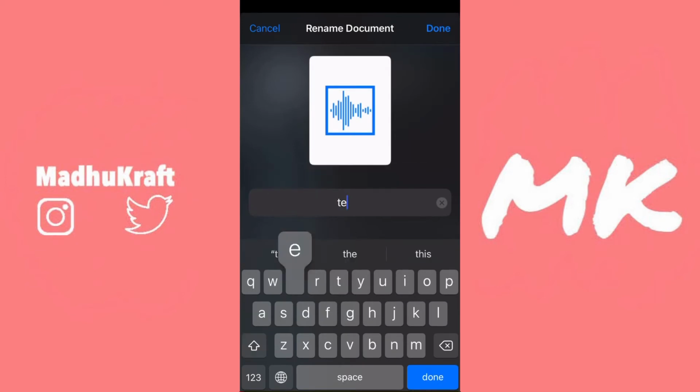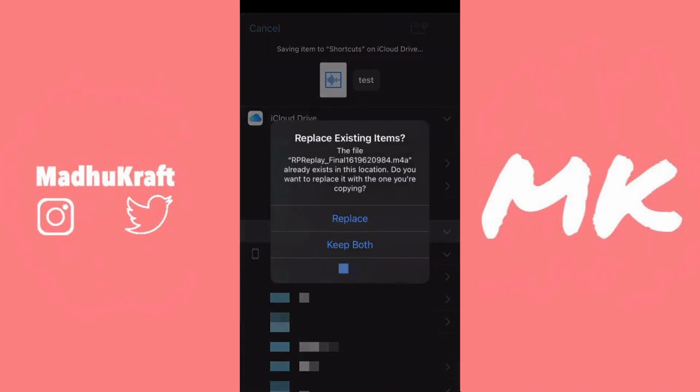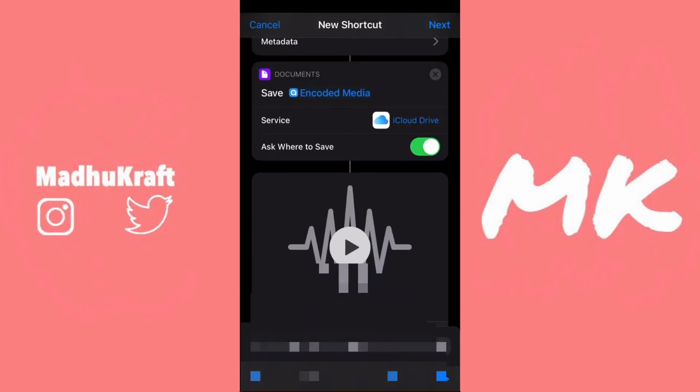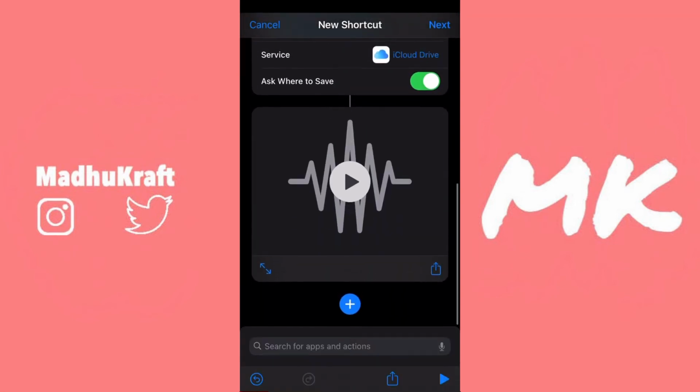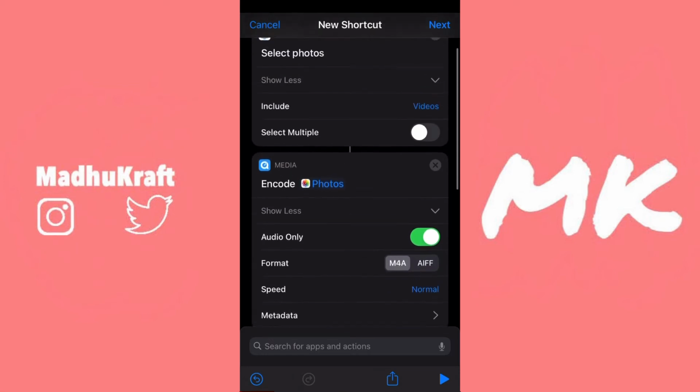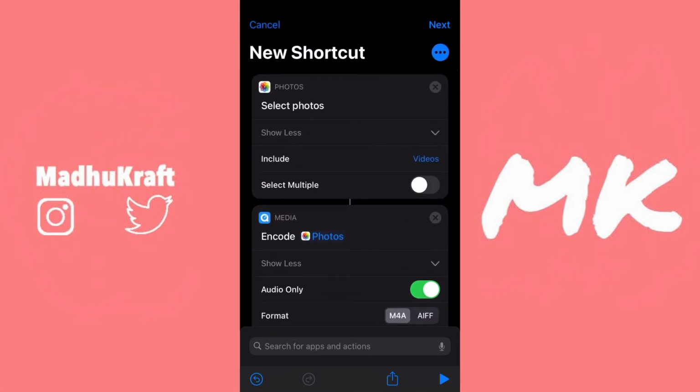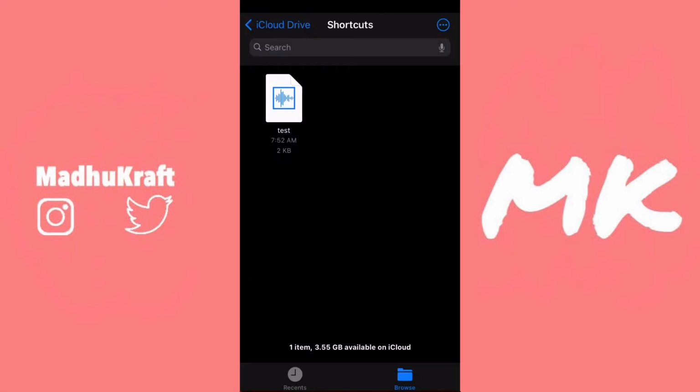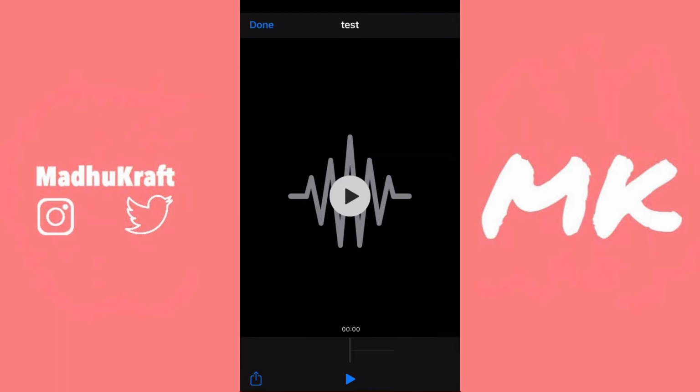Just remove all of it and then make sure you get the capitalization right. Just remember if you put capital or non-capital letters. After that, just click on save, and I already made an audio file that's named test, so I'm just going to replace it. And now it is saved to that folder. Now the shortcut is fully finished, and you can see the audio there, and it is saved to the shortcuts folder in files. It's just iCloud Drive and then shortcuts, and then you should see your audio file there,